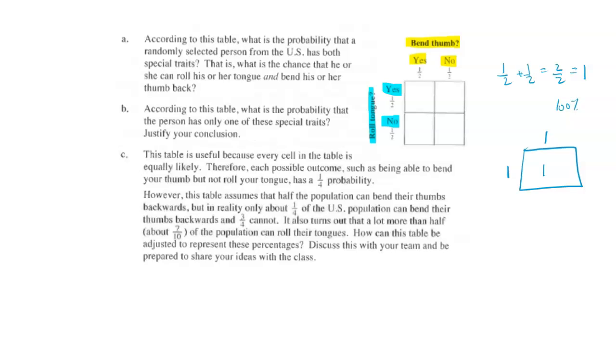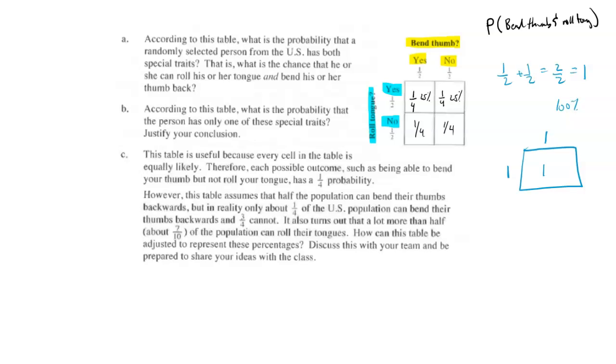So how do we actually find those numbers? We're going to multiply 1/2 by 1/2, and I get a fourth, or 25%. This is also a fourth, or 25%. This is also a fourth, and this is also a fourth. Based on my probability, I can say my probability of bend thumb and roll tongue,